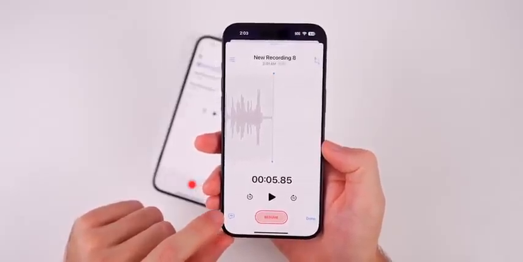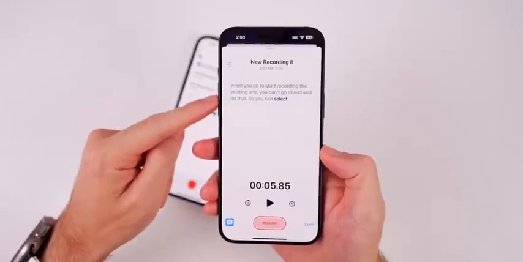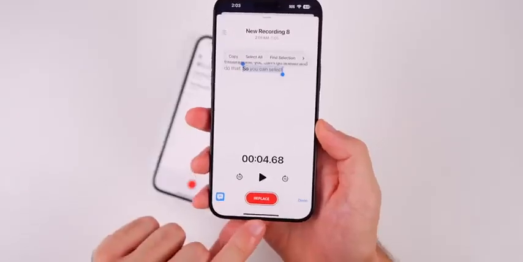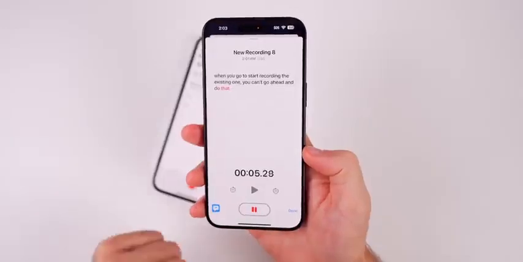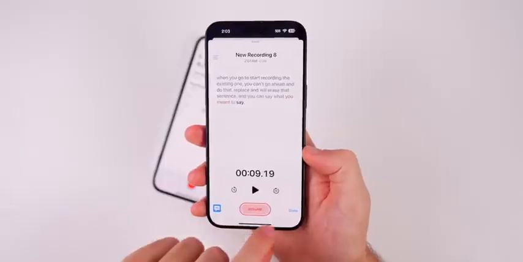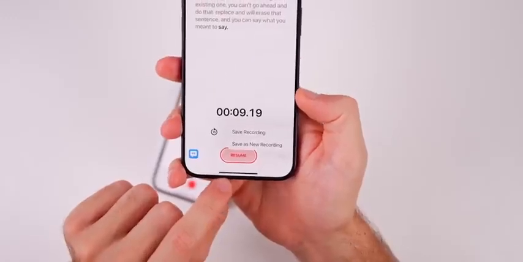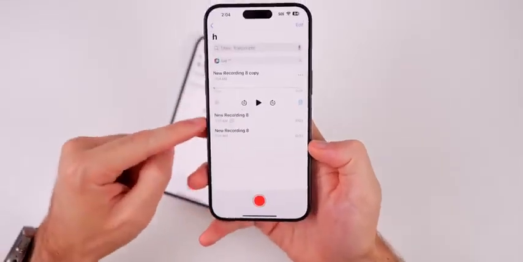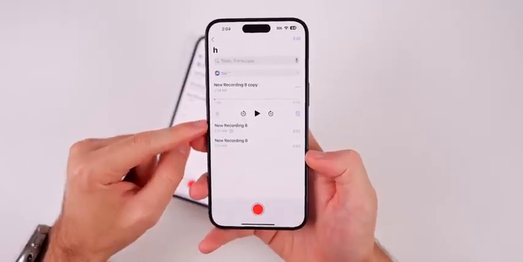So in the bottom left-hand corner, you can see the little annotation icon. If you tap on that, that allows you to see the transcriptions, but it gets even better because if you select something right here, you can see that you can replace it as well. So if you select that and then just tap on replace, it will erase that sentence and you can say what you meant to say. And then if you go ahead and press on that and then press on done, you now have the option to either save or save as. So you can now save this as a new recording as well. So we'll go ahead and press that. And now the original stays there, but we now just created a new document or a new